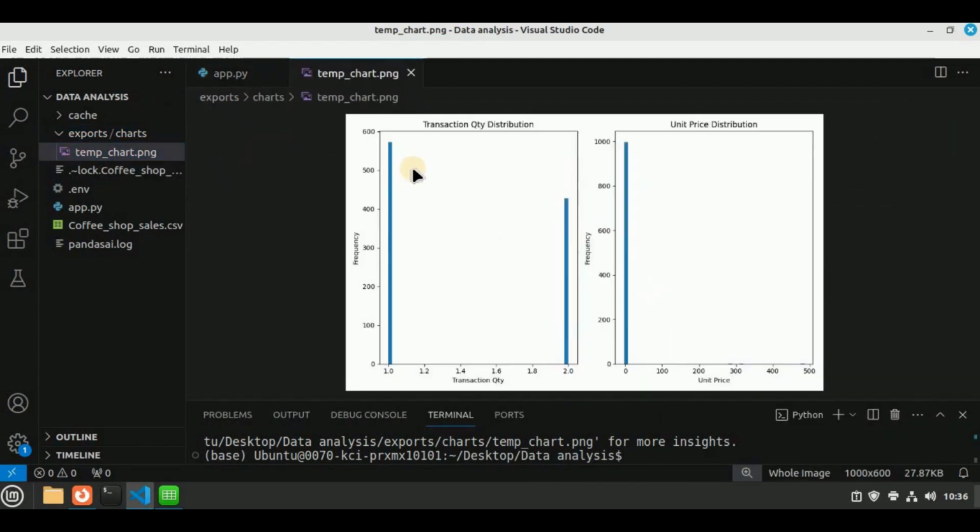So here in the histogram, you can clearly see that for the transaction quantity distribution, most of the transactions have the quantity of 1, and after that the highest number of transaction quantity is 2, and the data set appears to be fine. Then for the unit price distribution, you can see that for most of the orders, the unit price is greater than 0 but less than 100, but there are a few records where the unit price is less than 300, greater than 300, and then closer to 500. So these 4 different orders seem to be the outliers because the unit price distribution tends to be around $0 to $5, but the prices greater than that are the outliers.